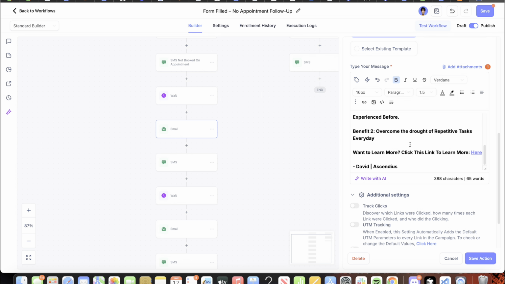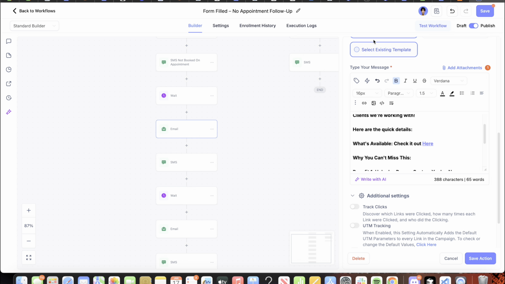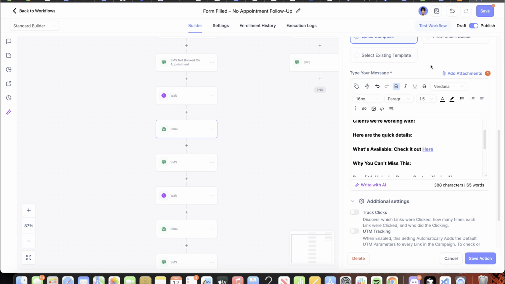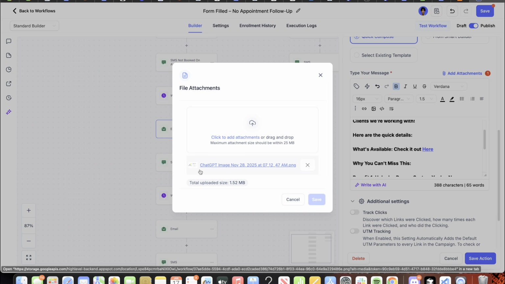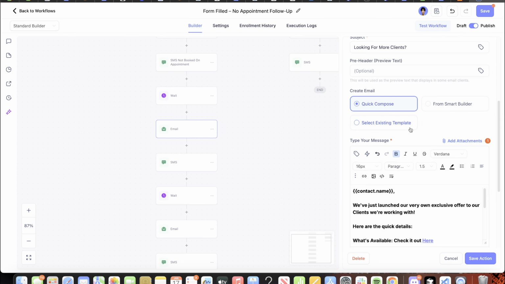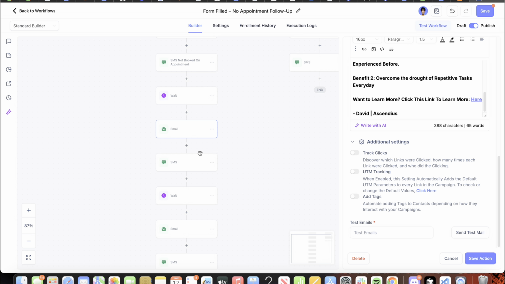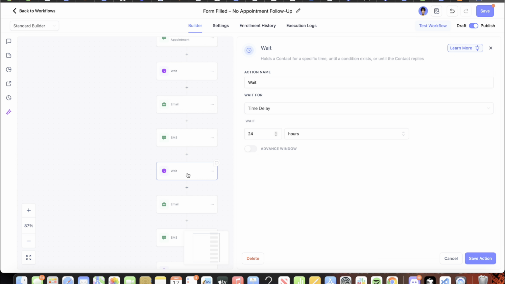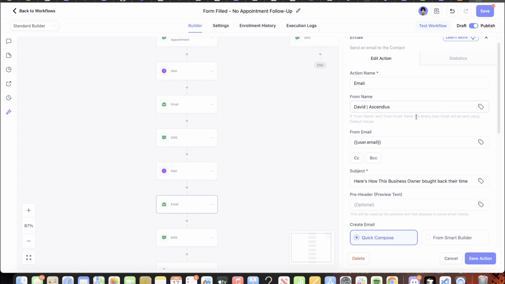So if you guys just want to copy me in the emails that I have, this is specifically for my business, but if you want to copy me and make it more personalized and customized to your standard, you can. I put everything as attachments, so I just put my handle in here to make it more professional, but you can just copy my email. So this is my email, right? After that's done, you can come to SMS, which is here, wait another 24 hours, email,